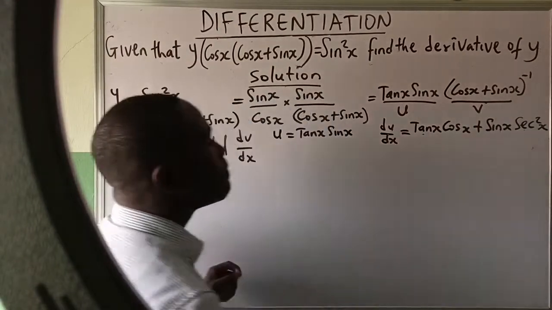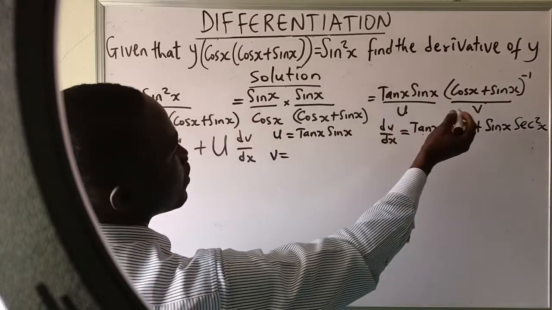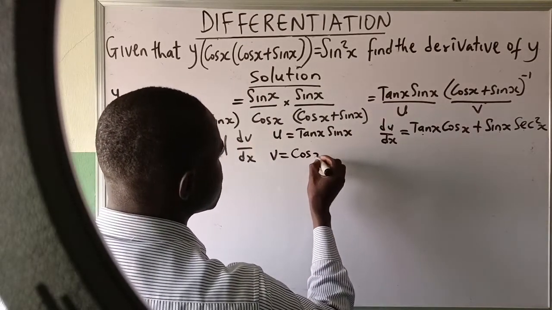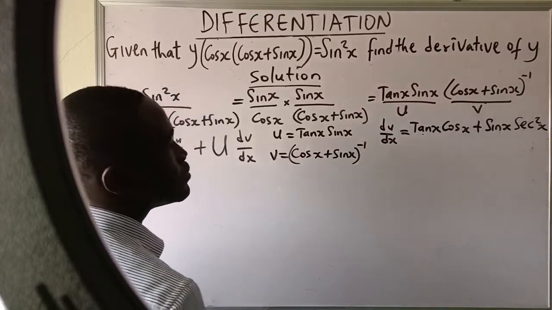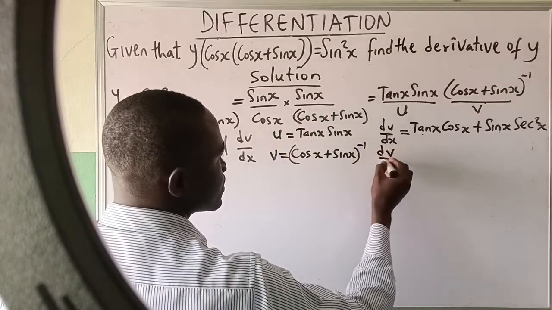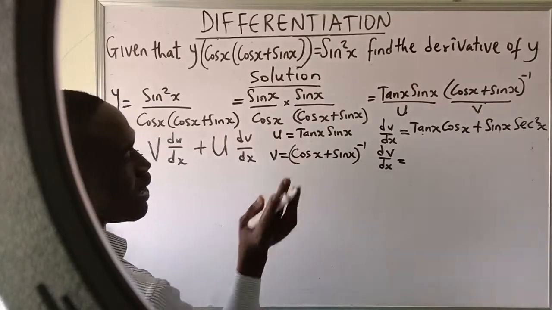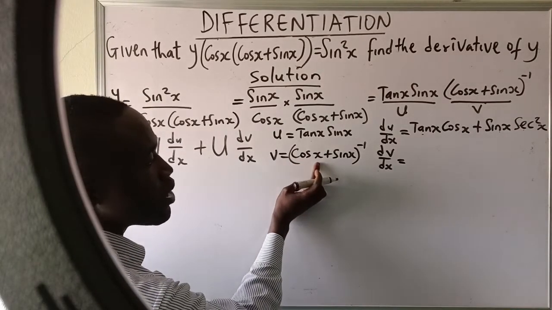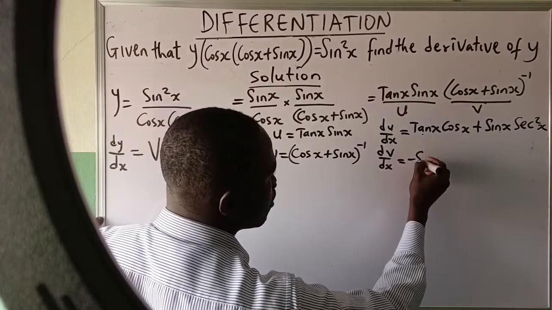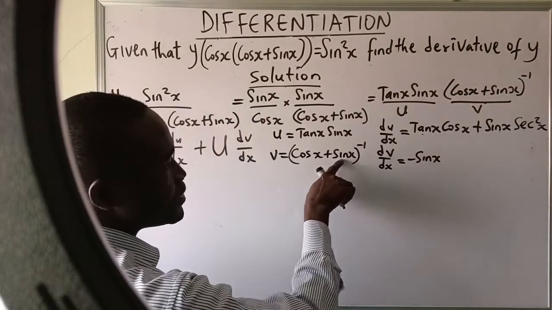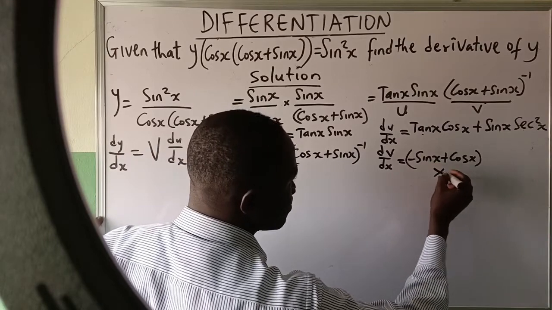They are constant. Then you say v is equal to our v, which is (cos x plus sine x) raised to the power minus 1. Then dv/dx will give you, differentiate the inside. We use the composite function rule because it is a composite function. So you differentiate the inside, differentiate cos x, minus sine x, as I said, differentiate sine x, cos x, then you now say times